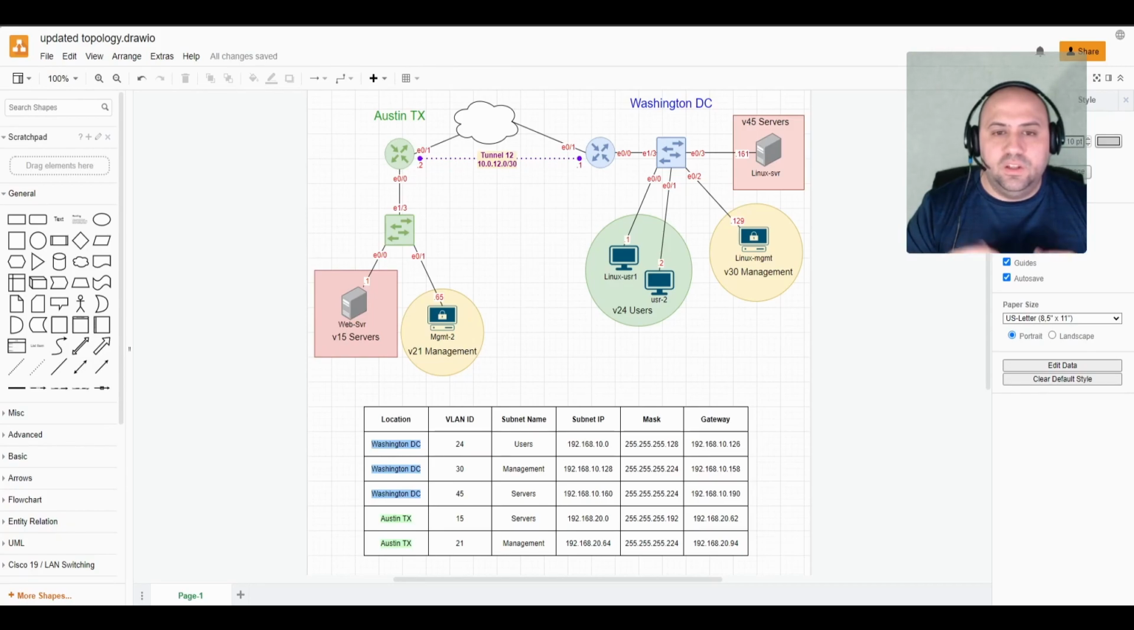And then, like I said, in this lab, we're going to do a GRE tunnel. But before, we got to prep everything. And also, I kind of want to take a second here and explain how I built this topology. I'm using